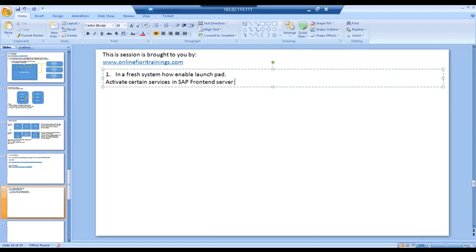What are all those services? There are certain services available which you must activate in order to make use of SAP Fiori Launchpad. The first service is called the interop service. This is called the interoperability service. Then you have the page builder